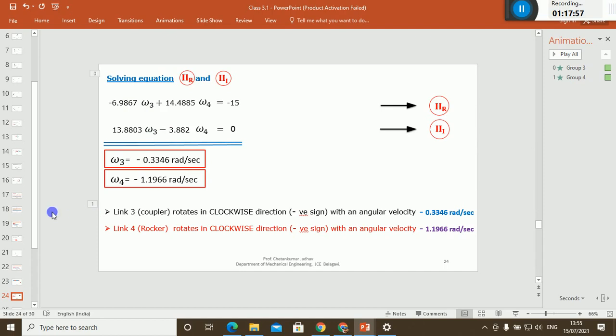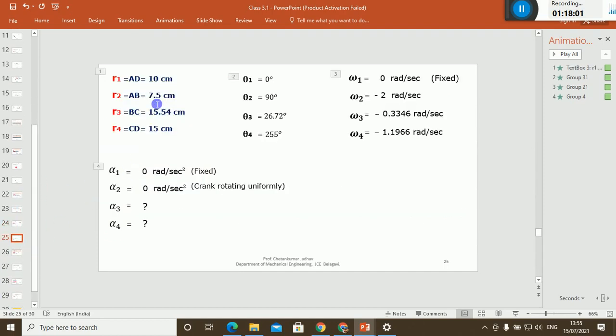Okay. After getting these two equations, if you want, you can note down what are the parameters which are known and which are unknown. Okay. You got R3 and theta 3 with respect to the first equation, and you got omega 3 and omega 4 after solving the second equation. Still, I need to find out the angular acceleration. I got angular velocity, but I need to find out angular acceleration also. So these two are unknown, so I'll go with the simplification of the third equation.